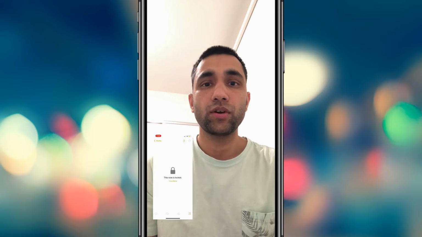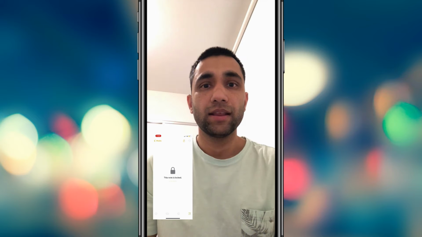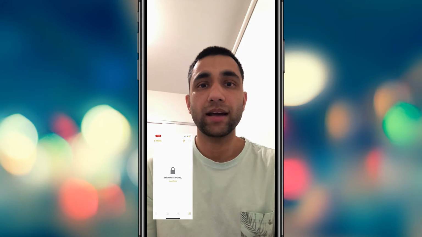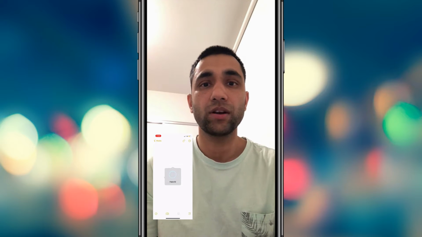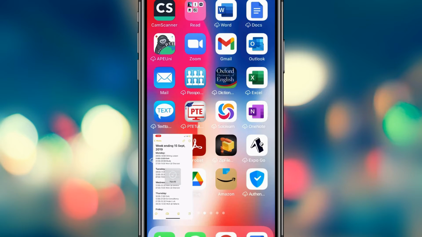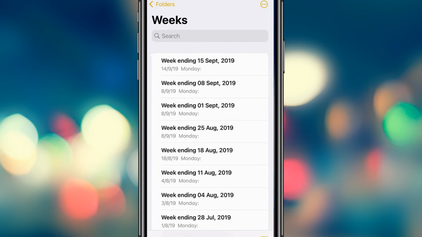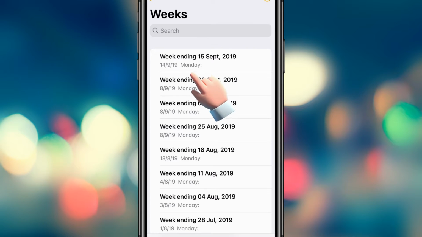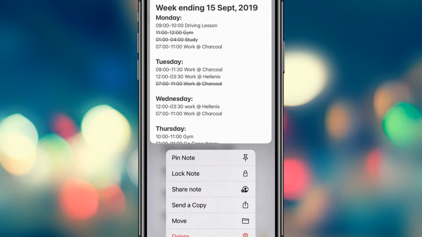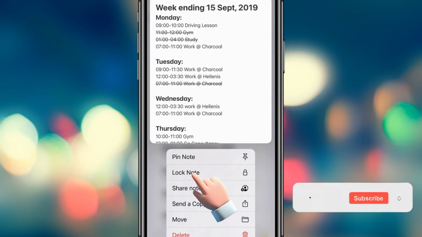If you take notes on your phone, especially iPhone, then here is how you can protect that notes by using the password so that your sensitive information will not be visible to anyone else. For this, go to the notes. In the notes, long press the note that you want to protect with the password. After you long press, you will see the option and click on lock note.